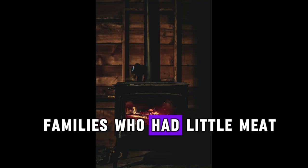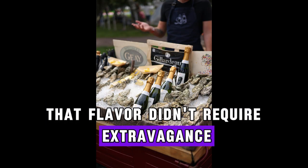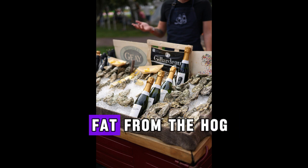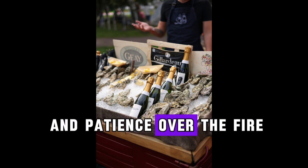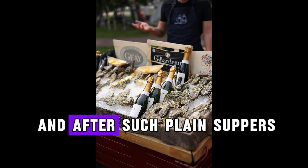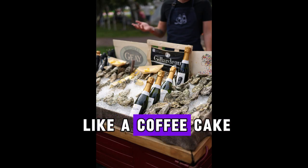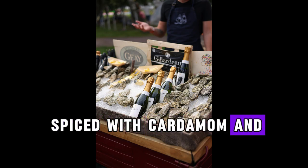For families who had little meat, this dish was proof that flavor didn't require extravagance. Roots from the soil, fat from the hog, and patience over the fire created a meal that stuck to the ribs. And after such plain suppers, settlers often craved sweetness, like a coffee cake spiced with cardamom and topped with almond